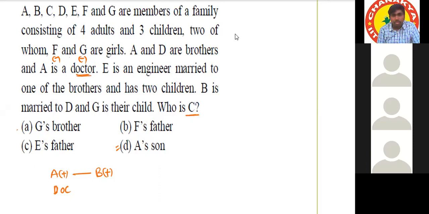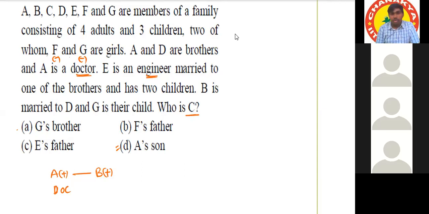So what is the doctor and engineer have to do here? I don't understand. Nothing is there. No, nowhere they are used. Doctor and engineer, it's not necessary to find what is given in the question. Sir, in some questions there will be 7 persons with 7 professions also. So then doctor is the son of some engineer, and engineer is the brother of some A. Like that statements he will give.